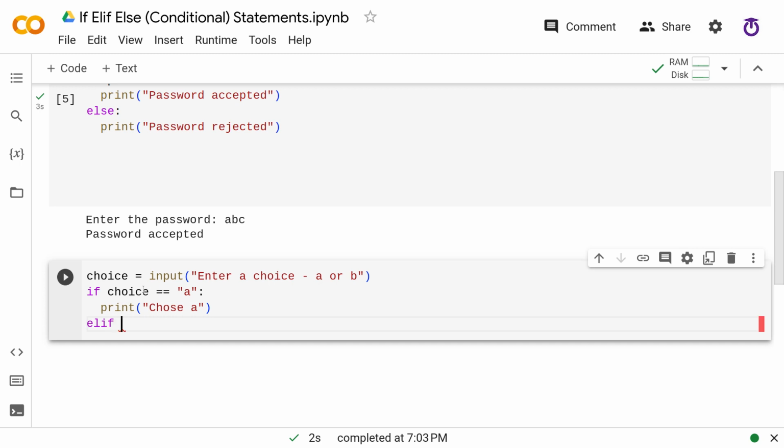So if choice equals A, print chosen A, else if,